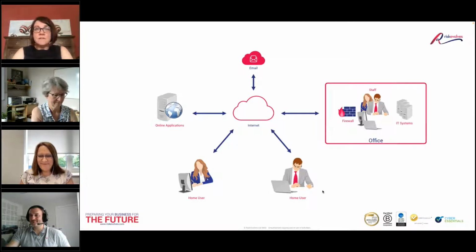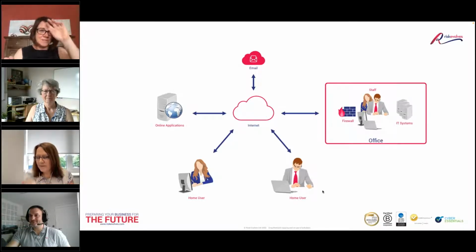Absolutely. So I think the first thing that I always look at when I'm working with an organisation is what you actually need in place, what the business processes are that need technology to support them. And over the last couple of years, more than ever, with home working, users having to access business applications at home because they couldn't physically go into the office. This diagram here is a really good explanation of how everything connects together.